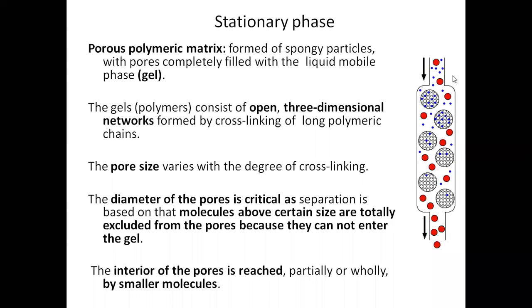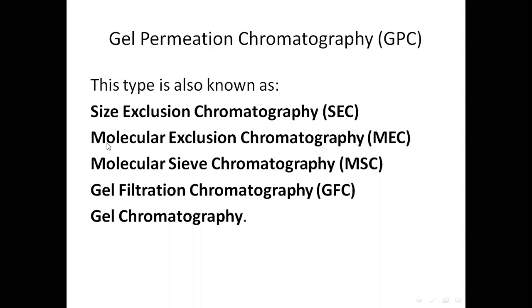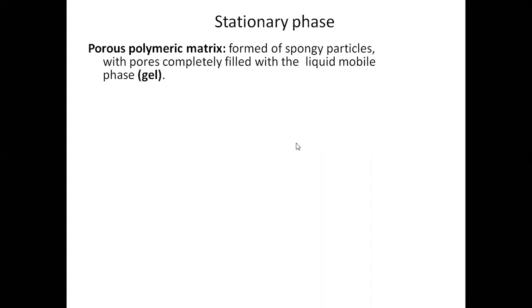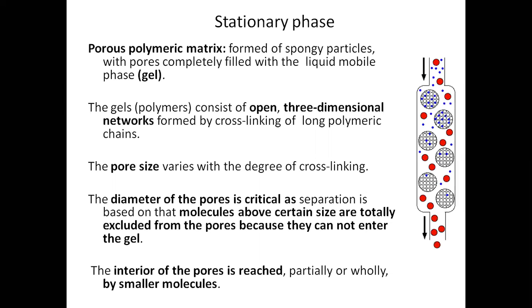So here we can see that when the sample crosses, the large particles are easily able to cross, whereas the smaller particles are withheld by the pores in the gel. And here the separation is being carried out because of the pore size, and because of this pore size, this method is also termed molecular exclusion or molecular sieve chromatography. Here the pores in the gel behave like sieves, and as a result the separation takes place.